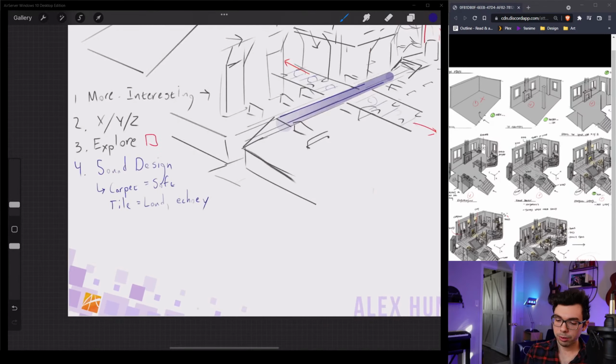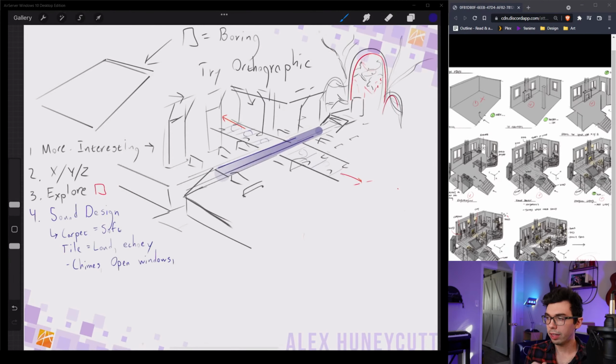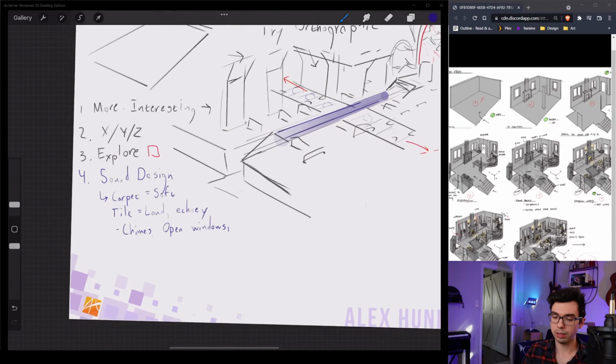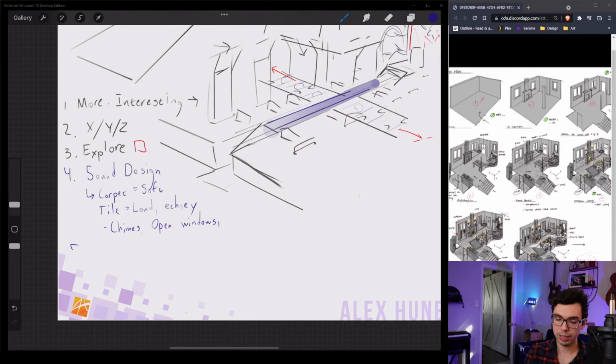You might think of other things like chimes or open windows, so the breeze. Anything that can create sound and fill a space with unique, and what is the word? It starts with an N, just new. But